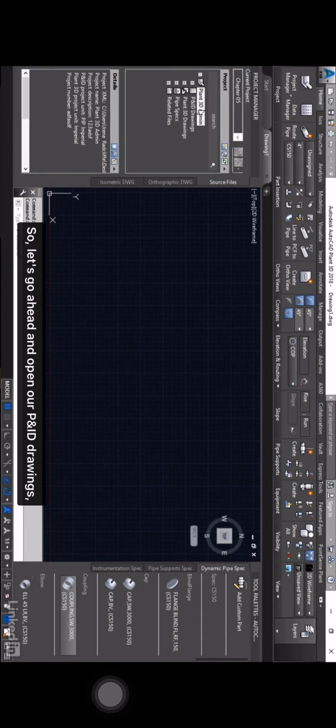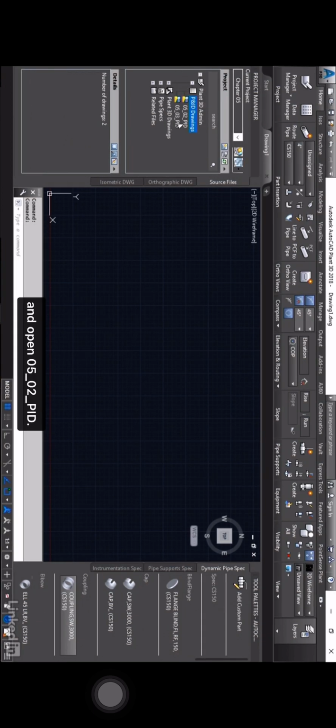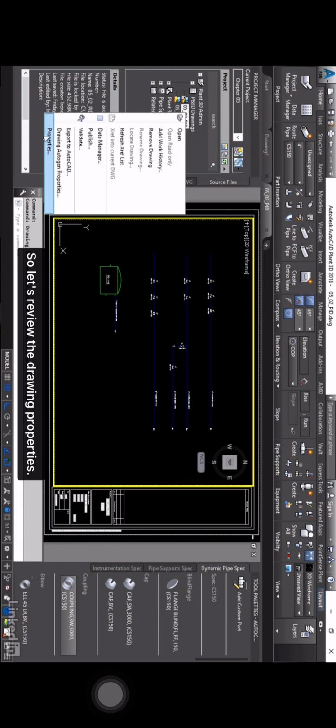So let's go ahead and open our P&ID drawings and open 0502 P&ID. So let's review the drawing properties. So you can see we have a drawing number, a drawing title, area, author, and description. We're going to add a new custom property to this. For example, if we want to add a drawn by, checked by, or approved by, which are all pretty standard for any kind of drawing deliverables to have this in your title block, let's go ahead and create a custom property for that